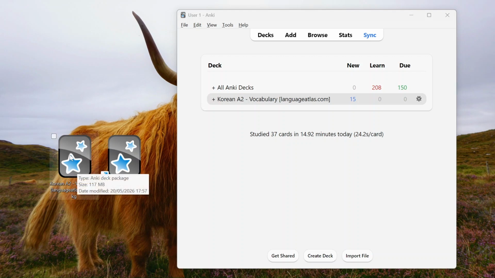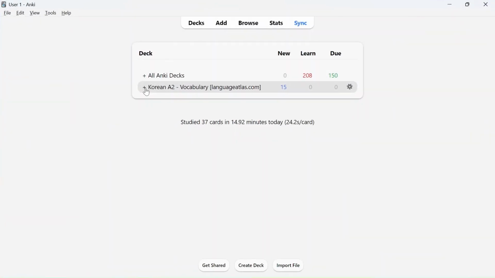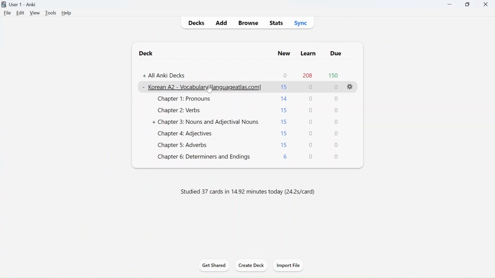Now, as you can see, I have the Korean A2 vocabulary Anki deck right over here. Normally you would double click on an Anki deck to open it, but I've already done so, as you can see right over here. So I'll maximize Anki, and I'd like to begin with my first point, which is to show you the course structure. Now inside the overall Korean A2 vocabulary Anki deck, you can tell that there are 6 chapters, beginning with